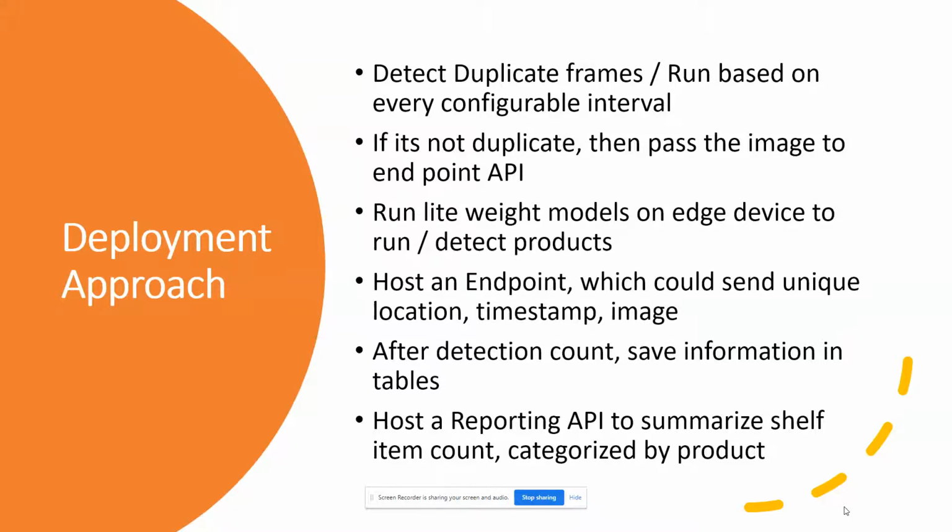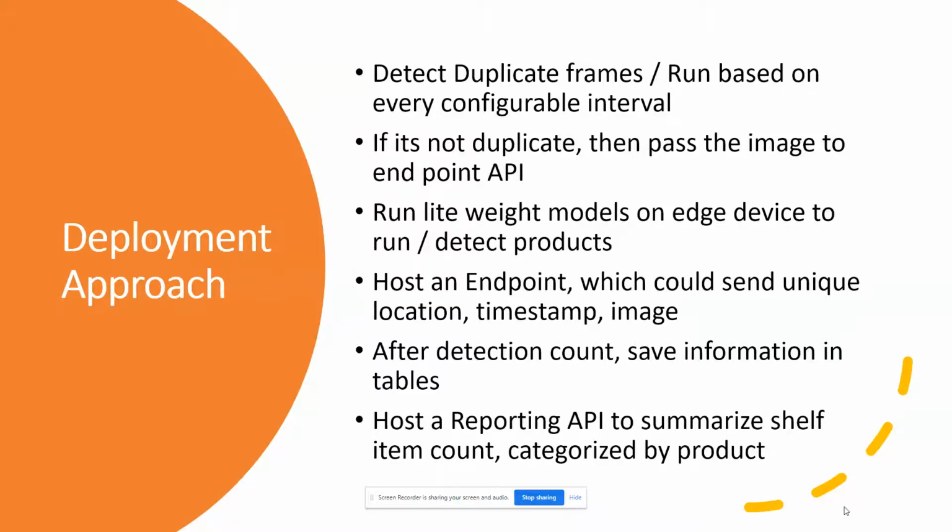From the endpoint perspective, we could send the location of the aisle, the timestamp, and the encoded image. The minimal operations I refer to on the edge are avoiding sending images repetitively and finding if there is a significant variation, or sending in a time bound manner. At the server level, at the API level, you track the location, time, and the image, look at the detections, and then save them. Finally, you could have a reporting which shows the trend in terms of the products, what was there at what point in time, and what needs to be restocked.